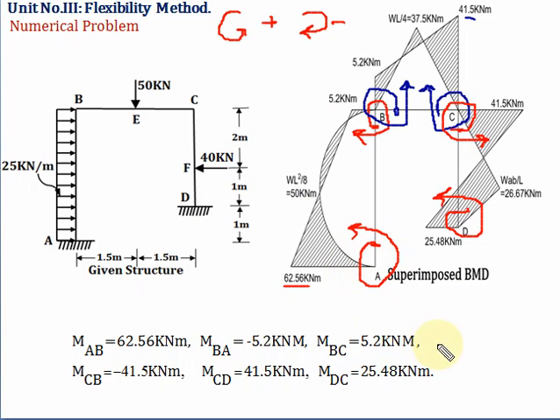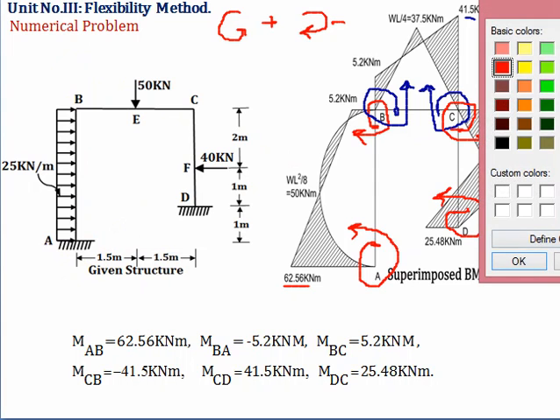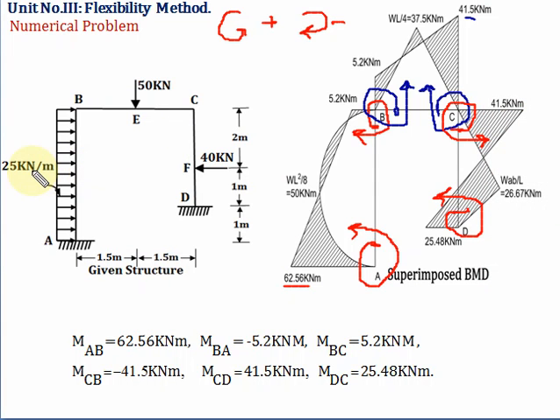These signs are very important to draw the bending moment diagram. So here in portion AB, which type of load is there? There is a UDL. For UDL, the value of free bending moment is WL square by 8. The value of W is 25, the value of L is 4. If we solve this, we'll get the value of free bending moment as 50. As there is a UDL, you have to join this by a second degree curve. So this is the second degree curve, and the value of the free bending moment is 50.